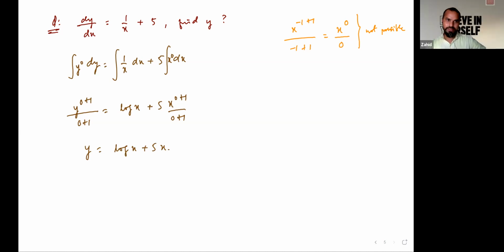So we have done how to integrate different functions regarding the sum or difference of two different functions. There is no rule regarding product rule, quotient rule, exponential rule, as we have done in differentiation. But there is a rule in integration that is called the substitution method. What does it actually mean?